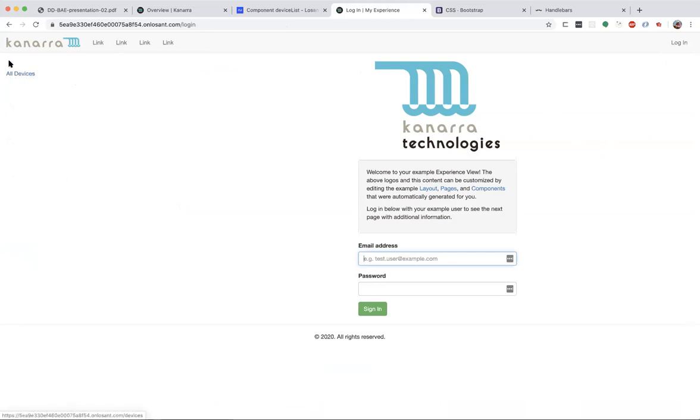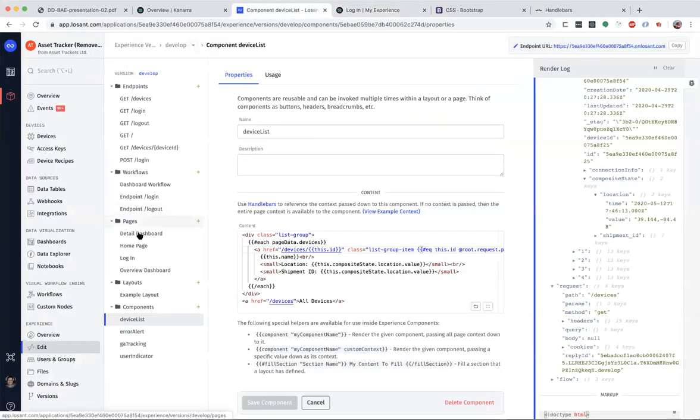The all devices list is there, and I probably also actually have the markup for the list, but there's nothing inside of it because I did not put any kind of condition in my layout to only render that 2-column layout if my user is signed in. I don't want to render that if they're not signed in. I don't have anything to display to them yet over here, or rather I don't want to display anything to them yet over here. So let's go back into our layout and we'll fix that.